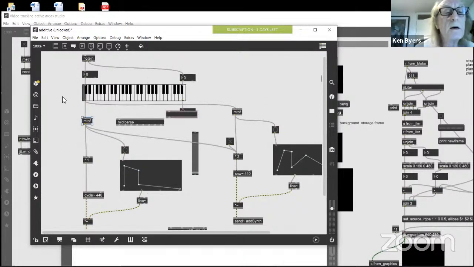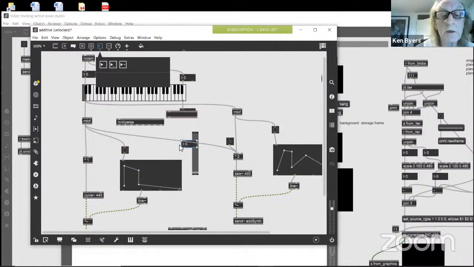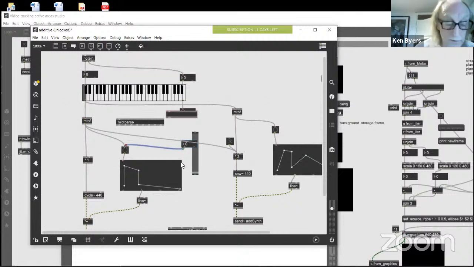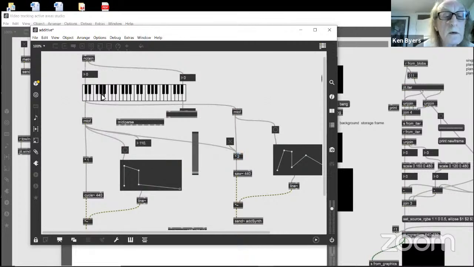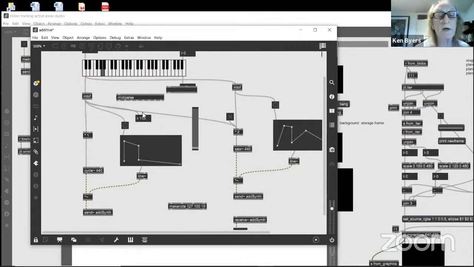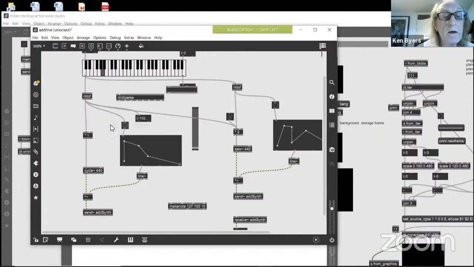Probably put a number in from here. It comes through here. That's the frequency. This is an envelope, so it's frequency. And if you want an envelope,